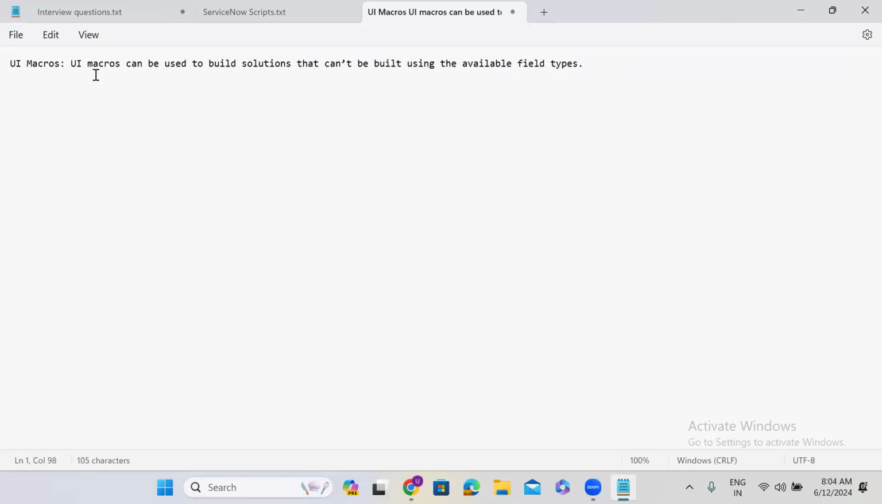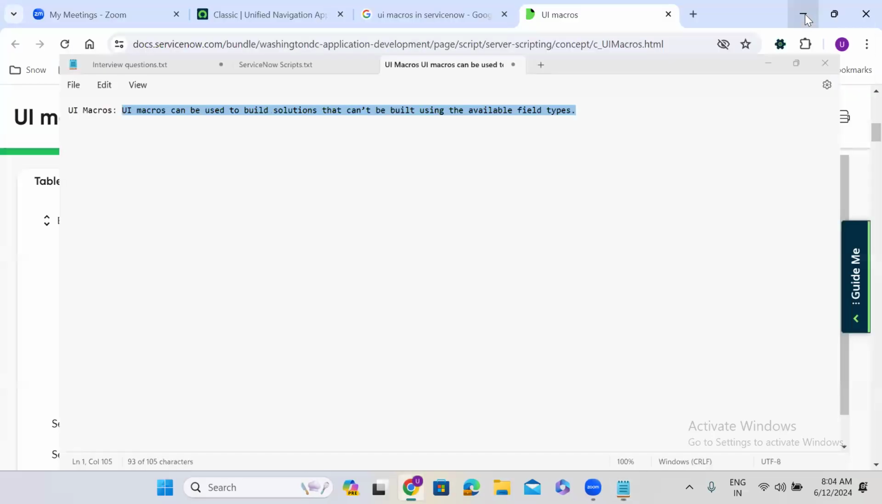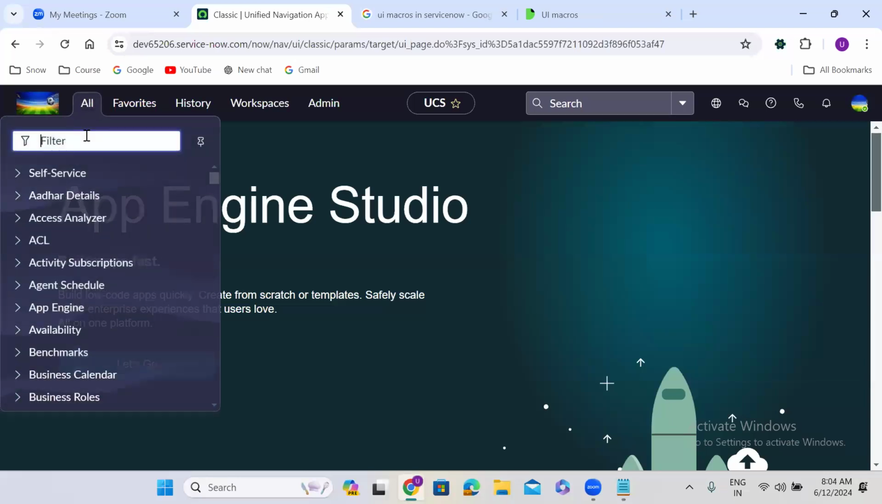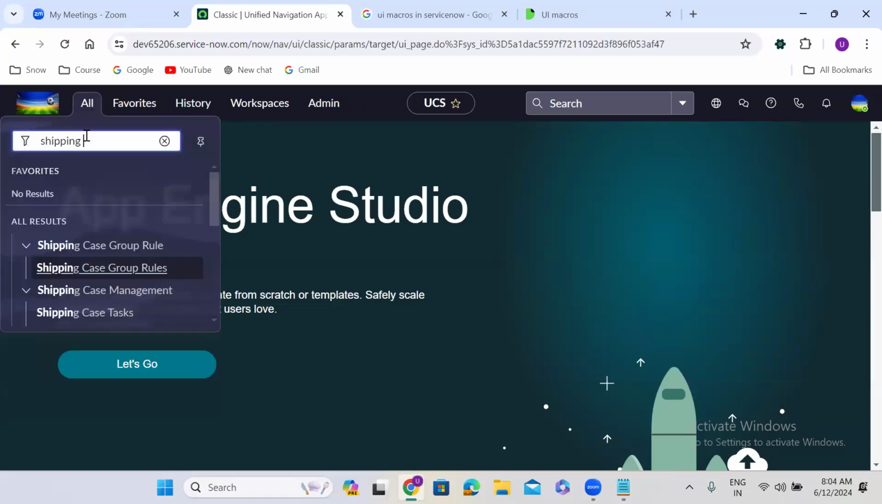UI macros can be used to build solutions that can't be built using available field types. Again, I'm repeating, guys, UI macros can be used to build solutions that can't be built using available field types. So here, if you go to the shipping case form,